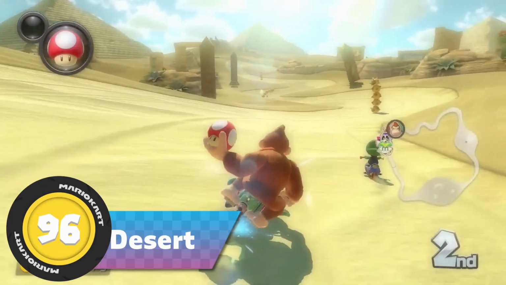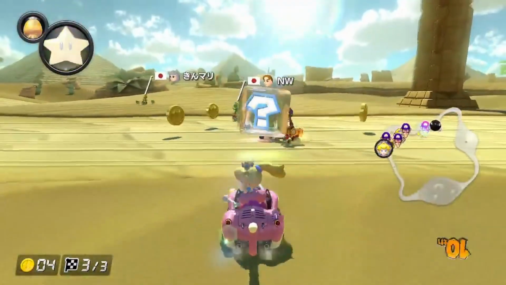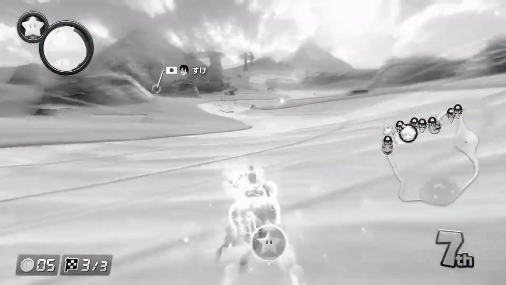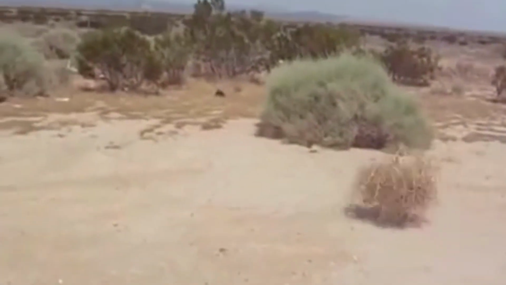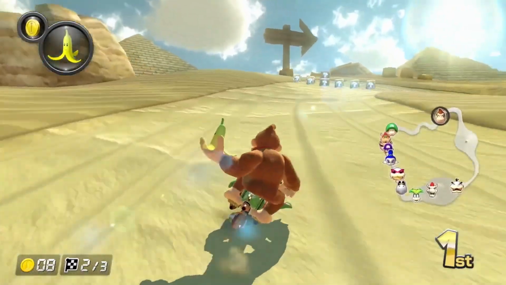Number 96, Dry Dry Desert. If any track in the game is infamous for being a bagging track, it's this one. But with the most recent update to the game, that aspect of the track is gone. So all we're really left with is this vast area of nothingness. It's not really fun to play or look at, making it completely forgettable when compared to most of the other